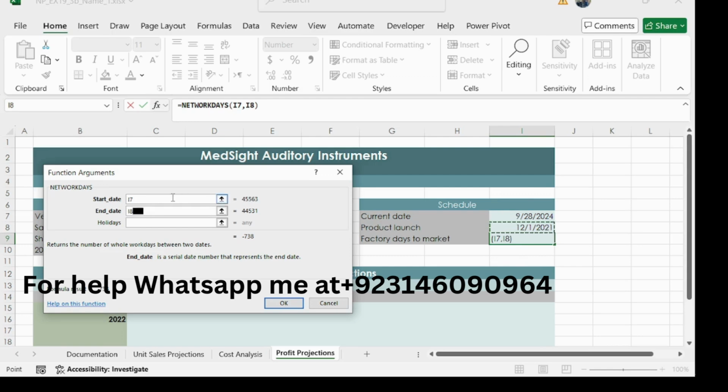No sorry, I think start date is I8 and end date is I7, like this, and then click OK.